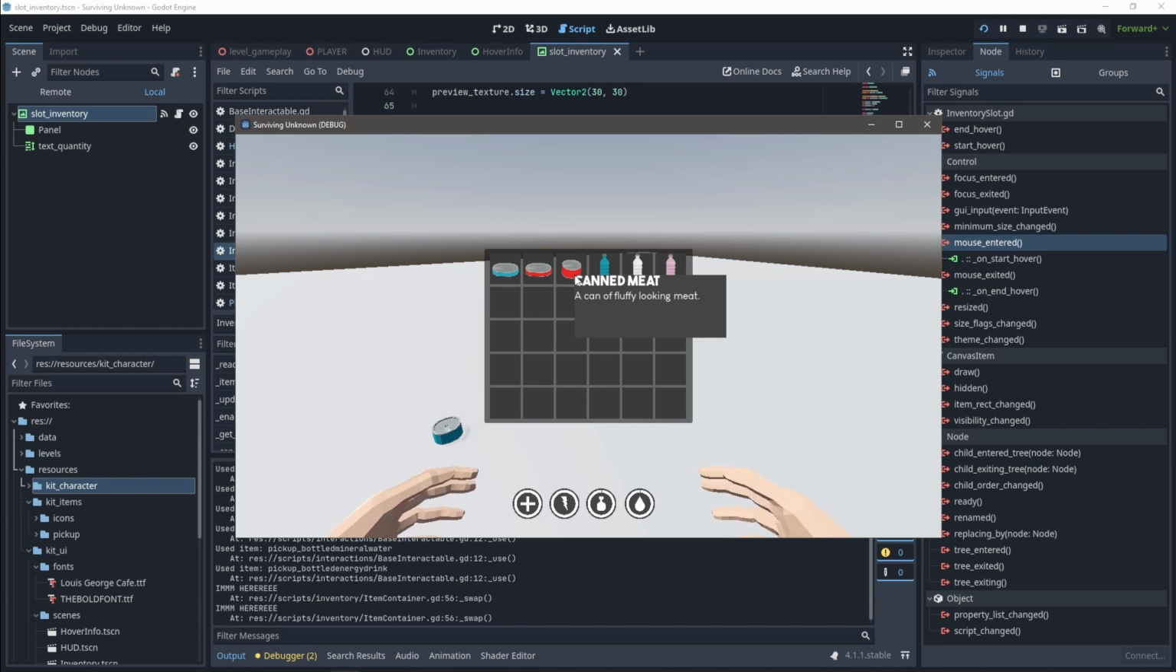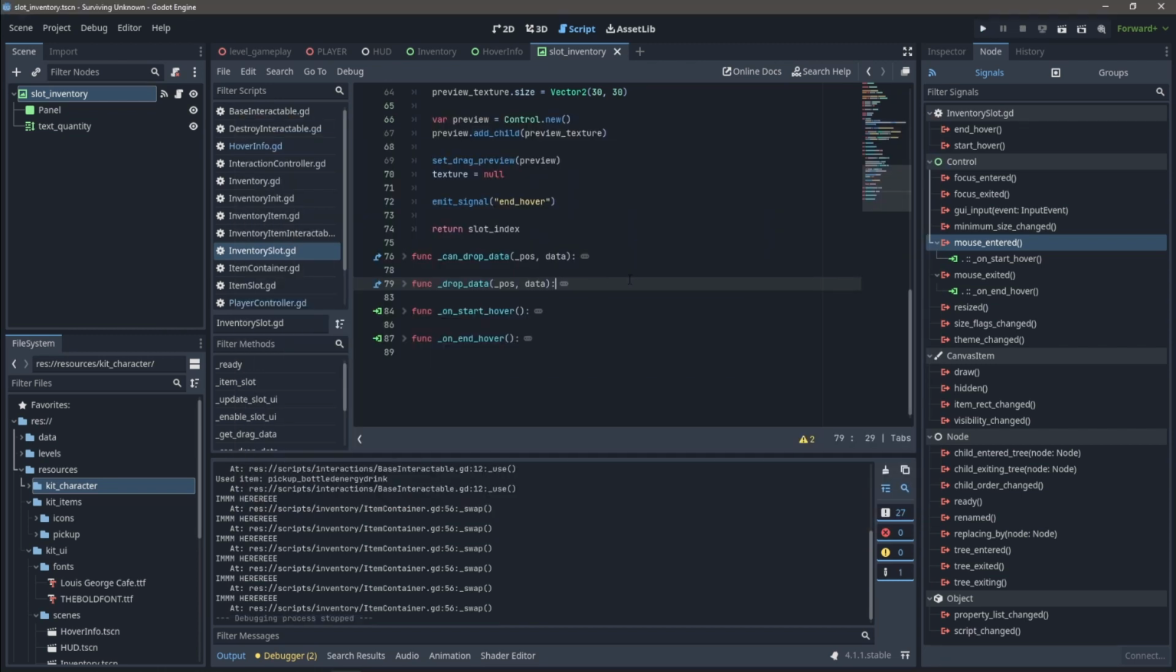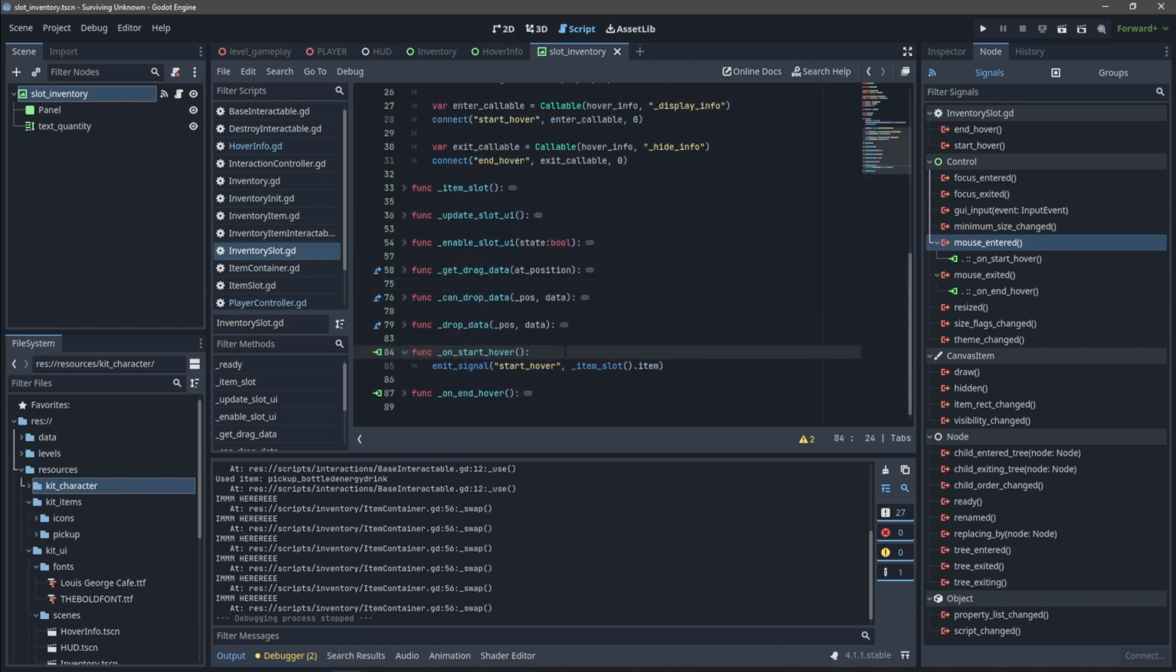Yeah, so this is bottled water. If I drop it onto the canned meat, it's now bottled water. Okay. But I don't want it to show up when it's hovering. There's no way of me checking that, is there? One second. I have an idea which might work. So basically on start hover, I can just check if,